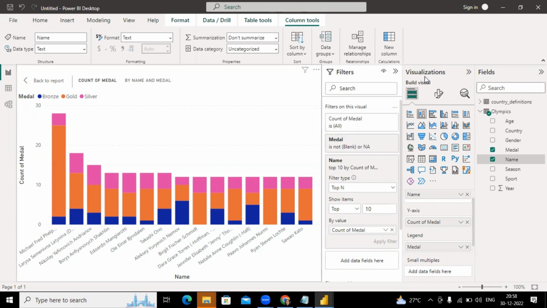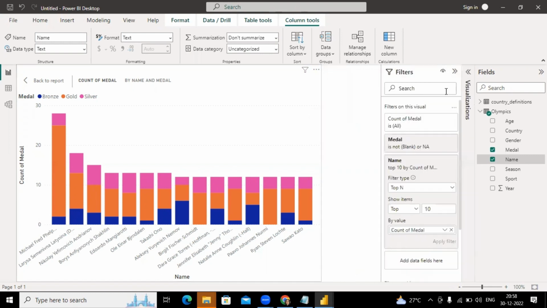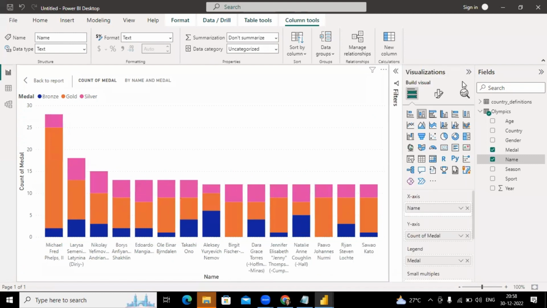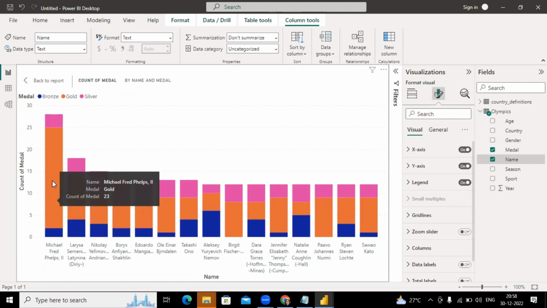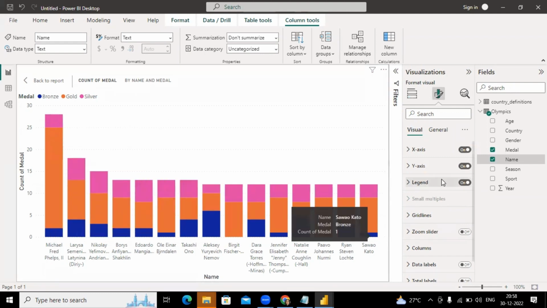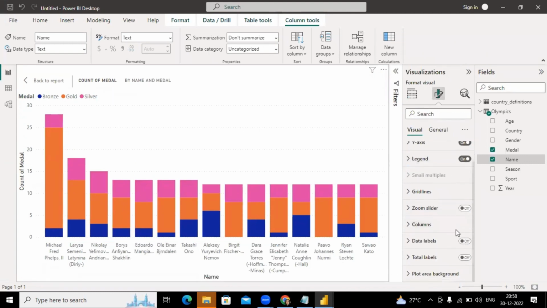Now you just want some data labels, the count of how many bronze, gold, and silver medals Michael Phelps has earned. So you can just go to visuals